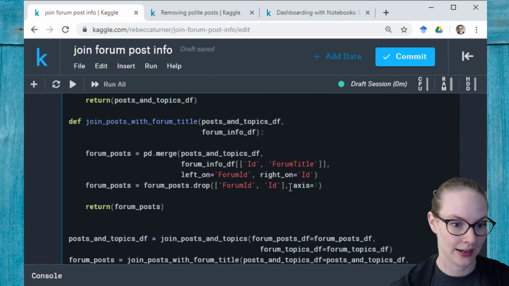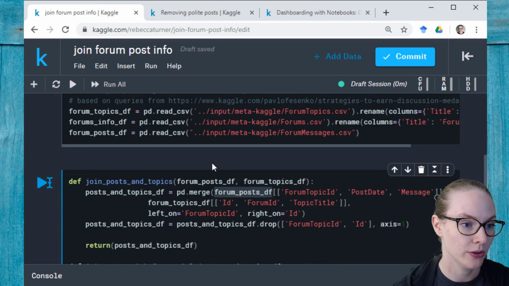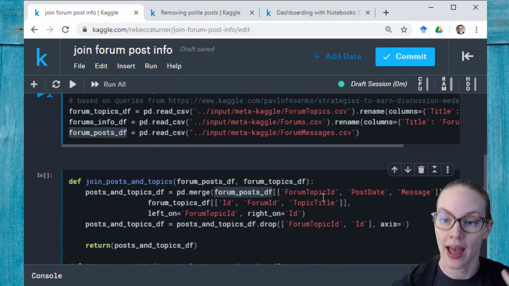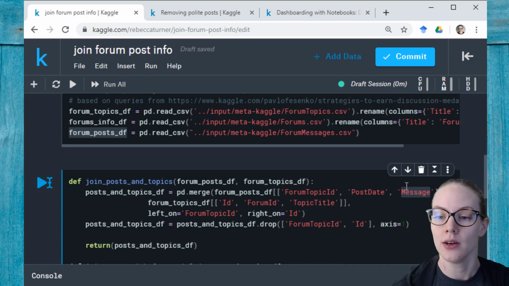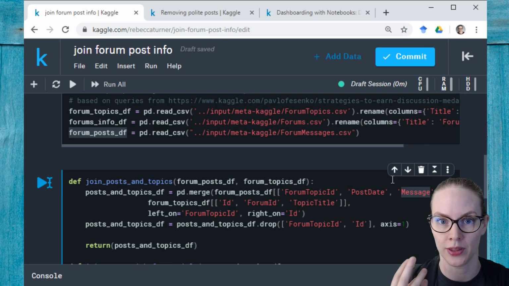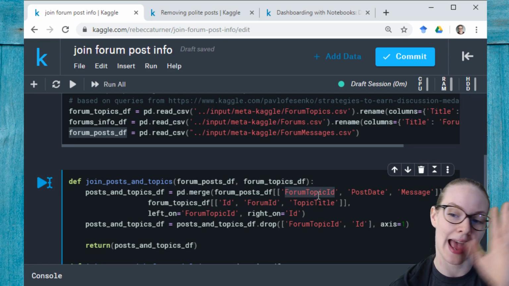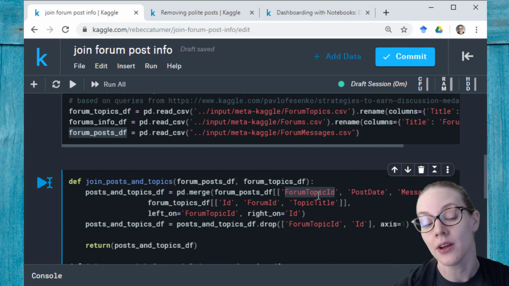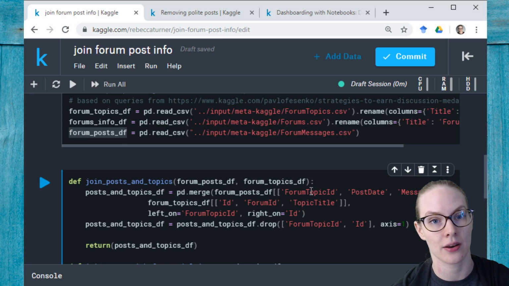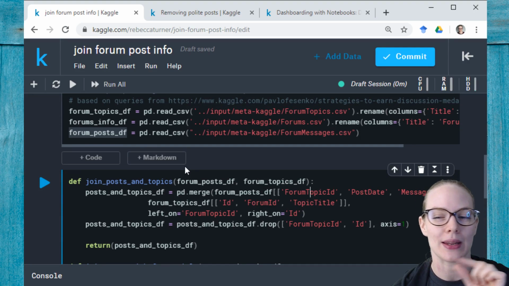my code here. So you see, I'm assuming that this forum post df data frame has columns called forum topic ID, post date, and message. I've already helped to deal with changes a little bit because I'm not referring to these by numeric index. So if somebody adds an additional column or changes the order of the columns, I'm covered there. But if there isn't a column with this title, then I do want to know about it so I can change my pipeline accordingly. So we're going to do a little bit of validation. All right,